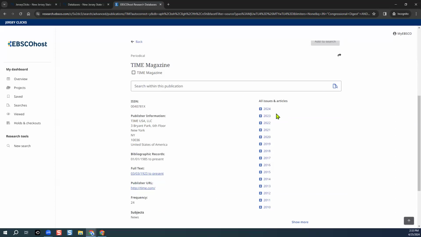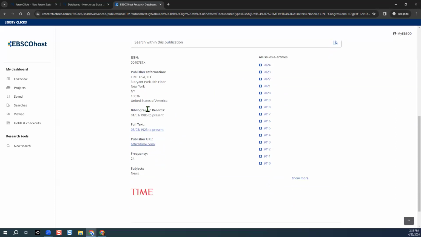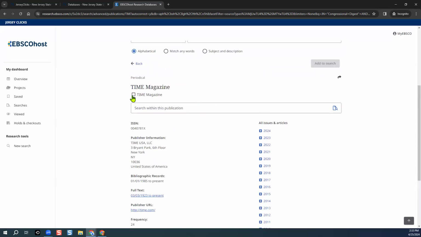In addition to accessing all issues and articles, viewing all the information over here regarding the publisher and the full text availability from 1923 to the present, I also have the ability to click that Time magazine and do a keyword search within this magazine. All right, so not only can I view all issues and articles, I can also conduct a search within Time magazine. So maybe I am interested in any articles written about artificial intelligence